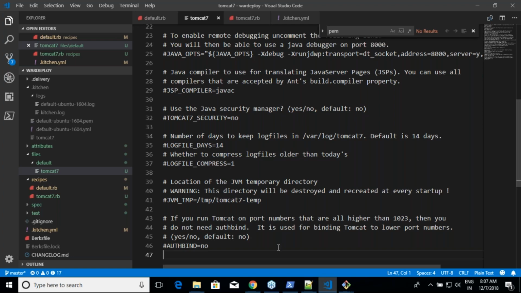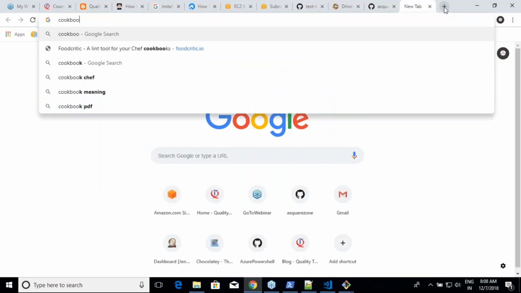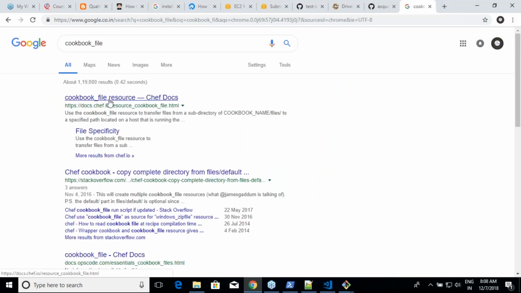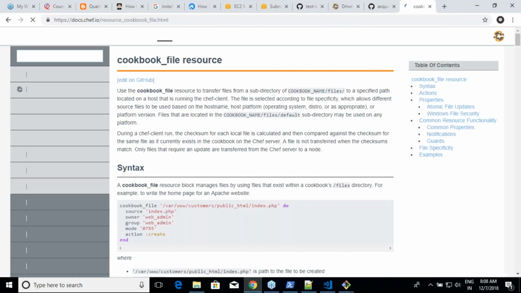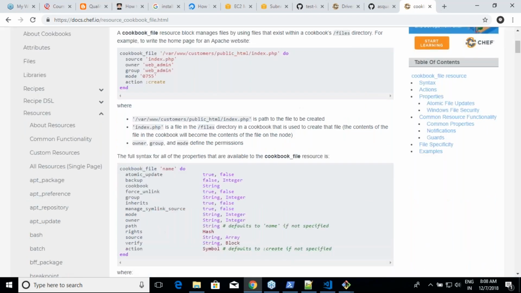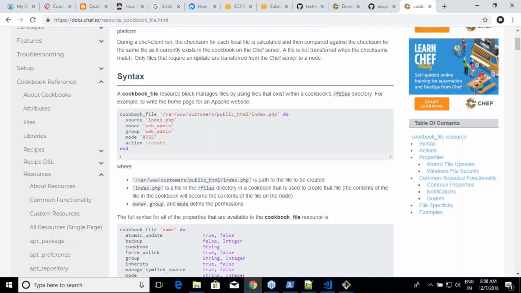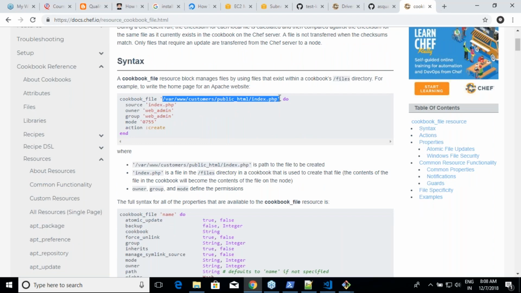So for that reason, in Chef we have a resource called cookbook_file. See what he tries to tell. cookbook_file. This is how you will do it. Okay. Now let me come back, and he tries to tell that cookbook_file name, and path defaults to name. And then if you scroll down over here, he would try to tell you this is the location where you want to copy the file to. So in our case, we want to copy the file to etc default Tomcat 7.